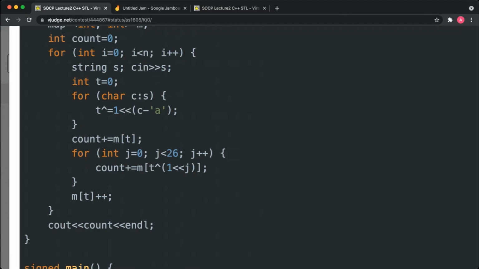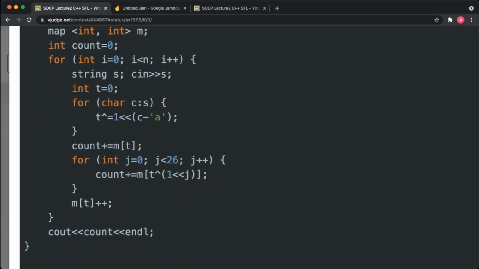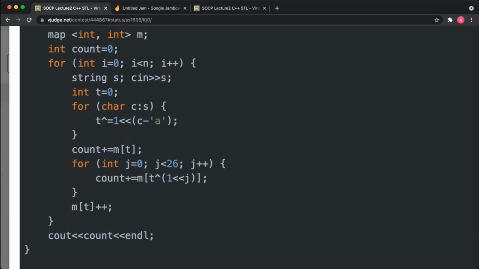So we take the case for each character. You can observe this T XOR with 1 shifted by J means that if it was 0, it would be A. If it was 3, it would be C, and so on. This is how we have counted each of those pairs also, and we are implementing it here.